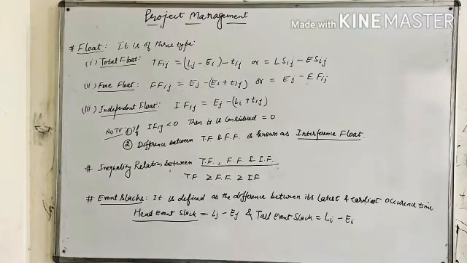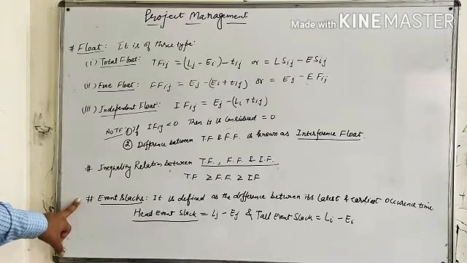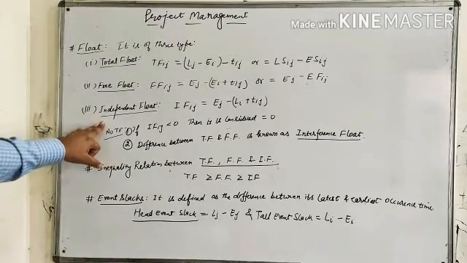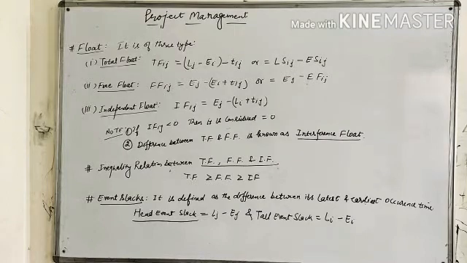The float of an activity has the same significance as the slack of events. The float corresponds to the activity, hence the CPM, and the slack corresponds to the events, hence it is for PERT. There are generally three types of floats: total float, free float, and independent float. The total float of an activity is defined as the amount of time by which the completion of the activity could be delayed beyond its earliest expected completion time without affecting the overall project duration.